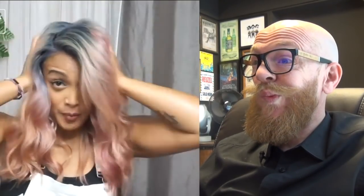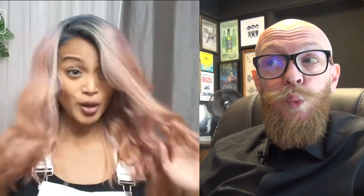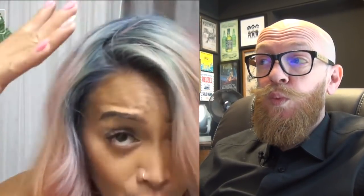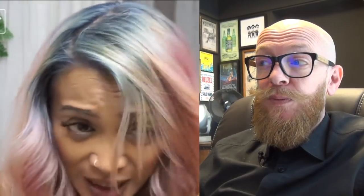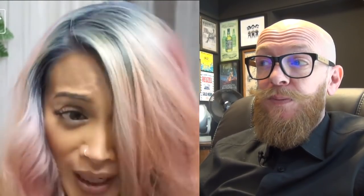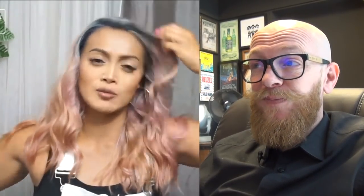So this is how my hair turned out after washing it, blow drying it, and just kind of styling it a little bit. I mean, it's not horrible, but it is kind of blue up here. See, if you come a little bit closer, I don't know if you can see that it's a little bit blue, and then there's just some parts here that didn't take. I don't know if it looks bad or not, but if I'm in natural light, my hair looks like it's just blue and purple. Even my daughter was like, "Why is your hair blue? It looks purple." I'm like, it's not supposed to be,